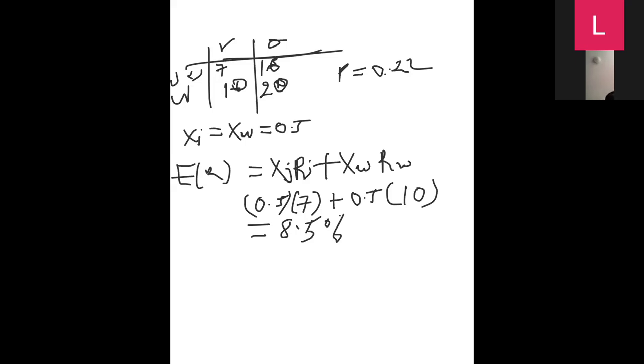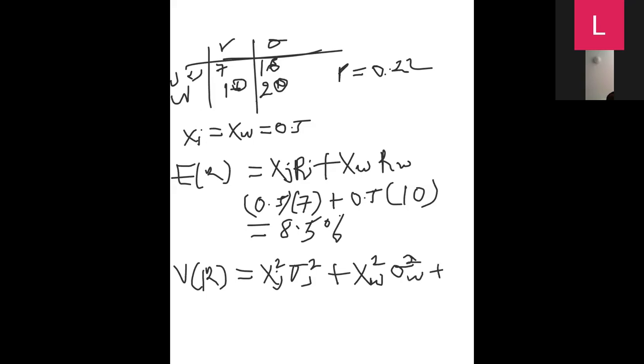So we are looking for the volatility now. So the formula is, now we have this in this form, so I can say variance of the return is equal to X of J squared multiplied by the variance of J plus X of W squared multiplied by the variance of W plus 2 X of J